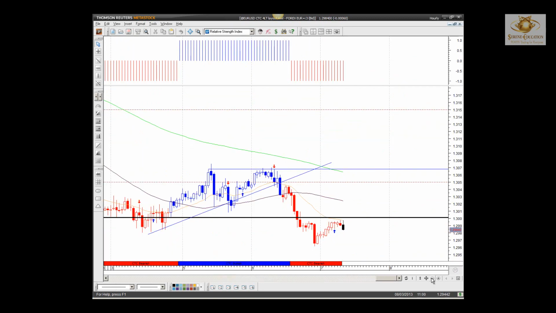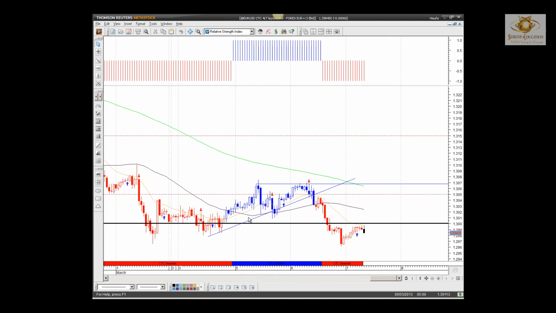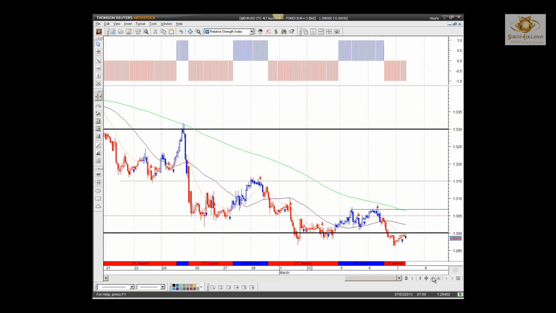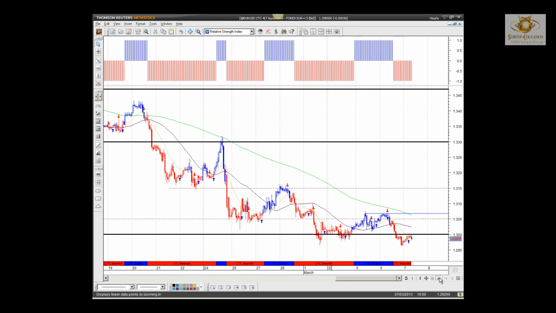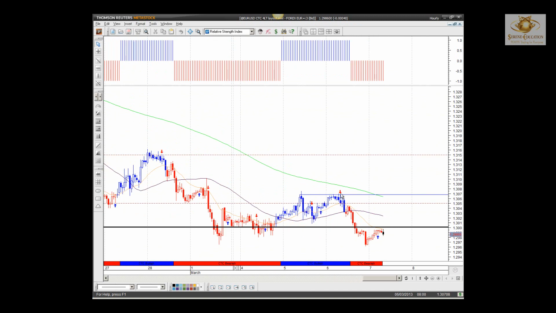Hourly chart, there we go. You can quite clearly see nice break, long consolidation through the period here. If you've just been very, very patient, myself in particular, I've been in this trade since the 25th, which is way down here, and you can see price actually moved higher. So I was in a negative for a while, then I was in a positive, and I'm still in the positive, break even at the moment now, which is good because it's still moving to the downside. I'm still looking for shorting opportunities, and as long as my support, my stop levels are in the right place, then it's just down to patience.